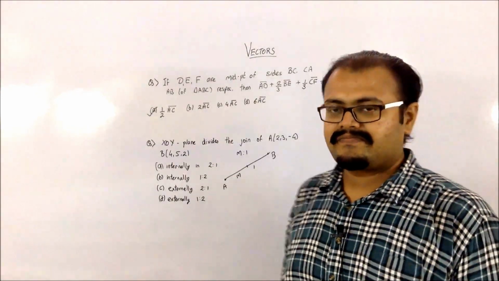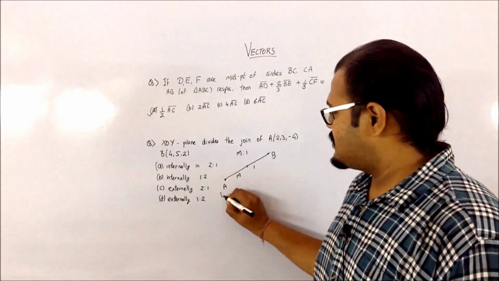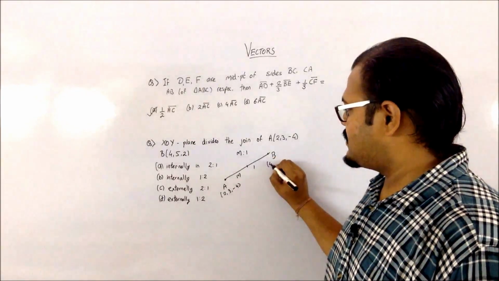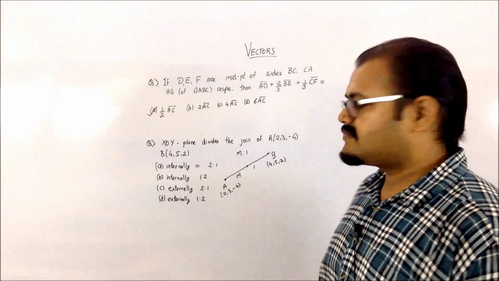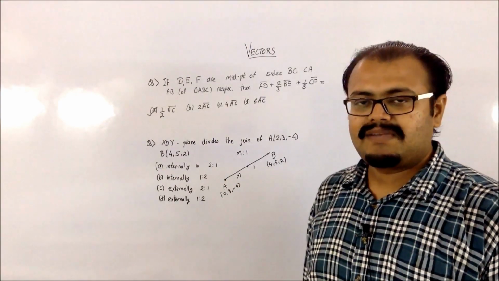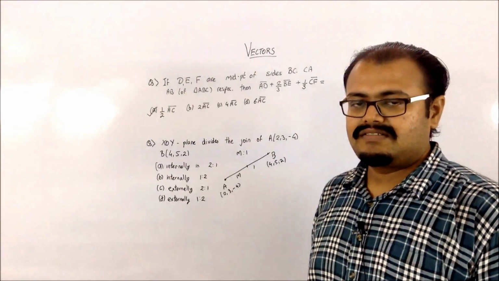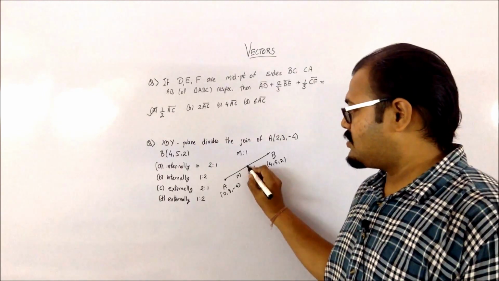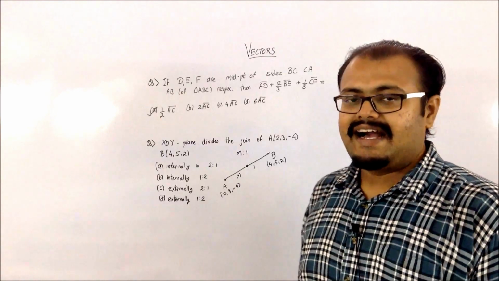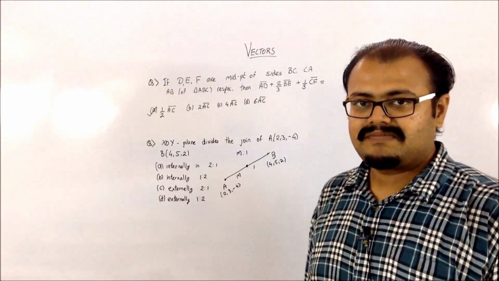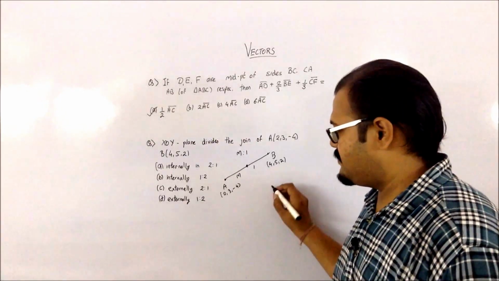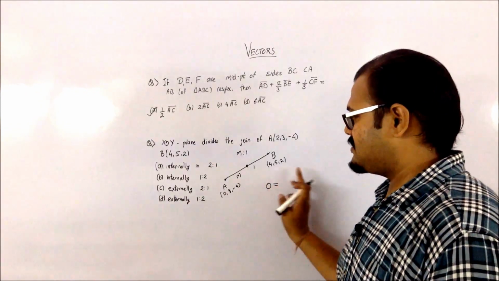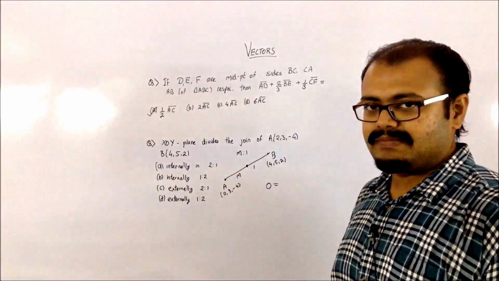external division. So the coordinates are given to me as 2, 3, -4, and this one is 4, 5, and 2. So I have to apply the internal division formula for only the z, because in this I don't know what is going to be the coordinate of my x and y. I know that the z is going to be 0. So I'm just calculating what is going to be my z. So I'm going to equate the z to 0, and on this side I will be calculating using these points.